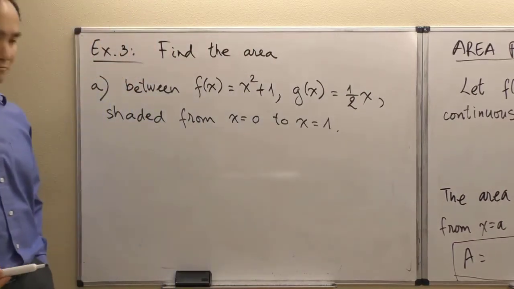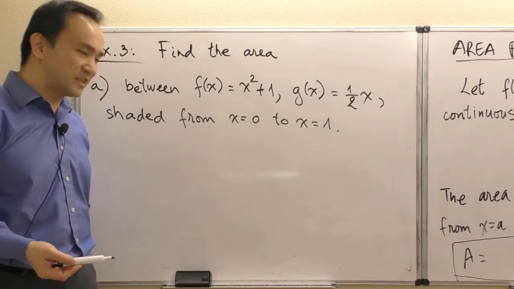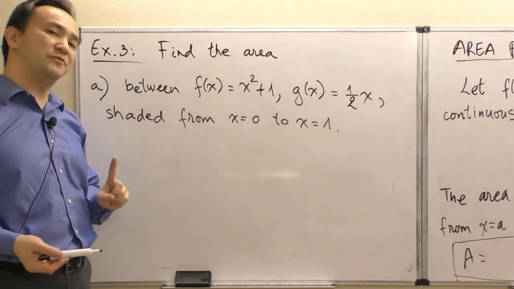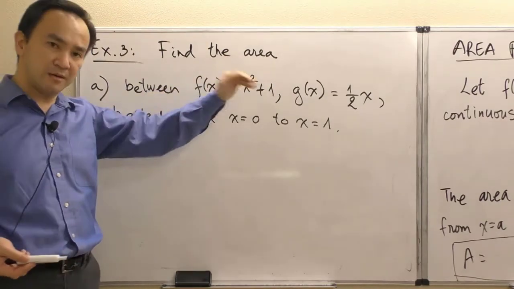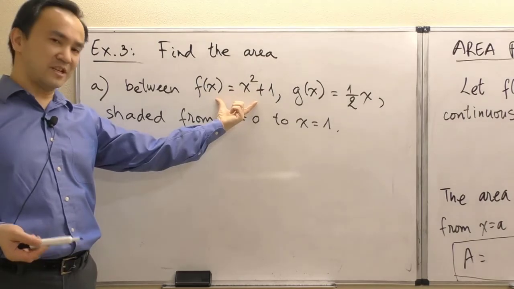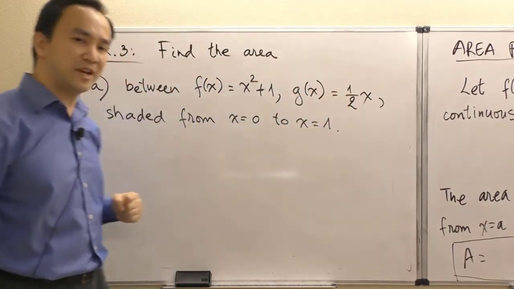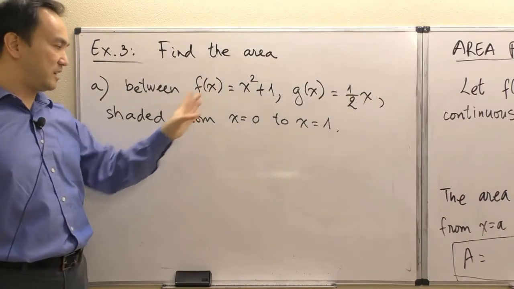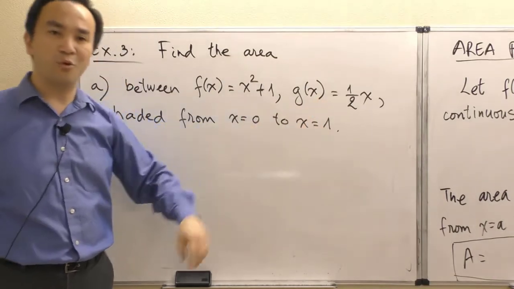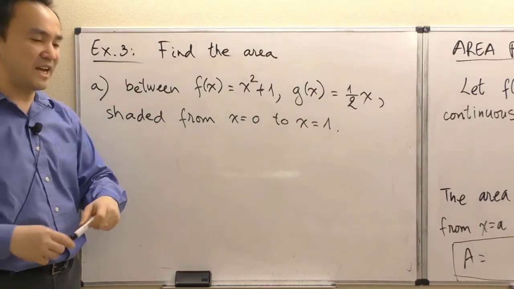Okay, so at some point we have to have a problem where things are a little bit wordy. This is the description of the area that we're trying to find. It's the area between two curves. One of them is the curve for x squared plus 1. The other one is the curve for g of x equals 1/2 x. And then the area is further known to be shaded anywhere from x equals 0 on the x-axis to x equals 1. Okay, and so now, before I really tackle it,